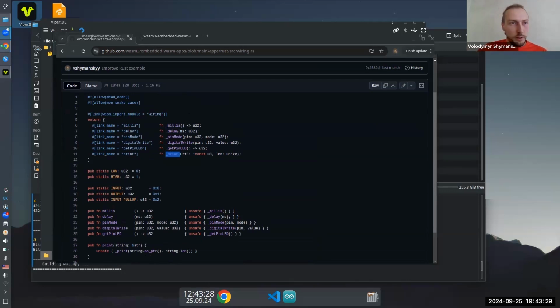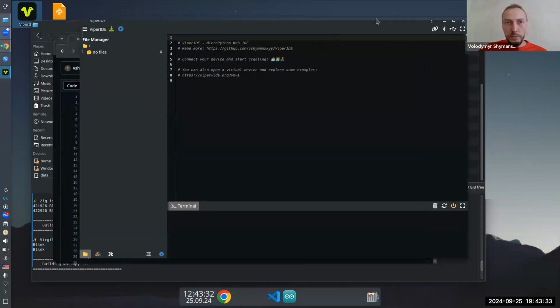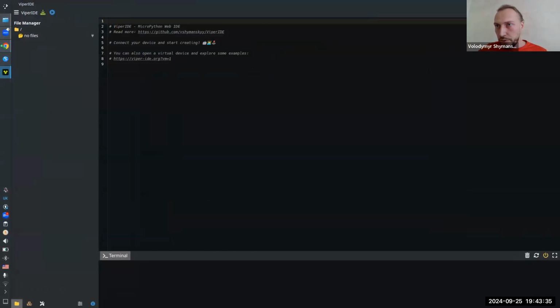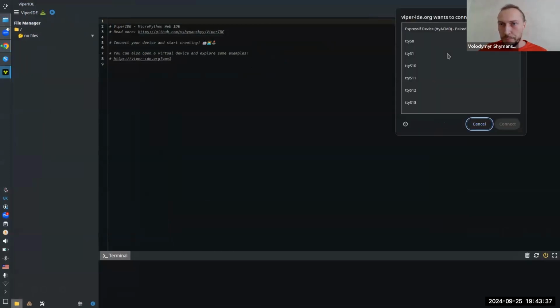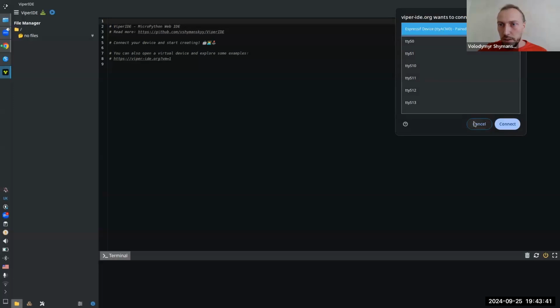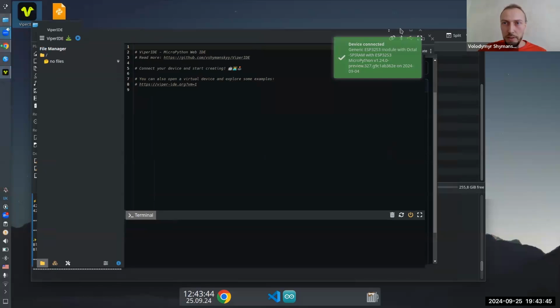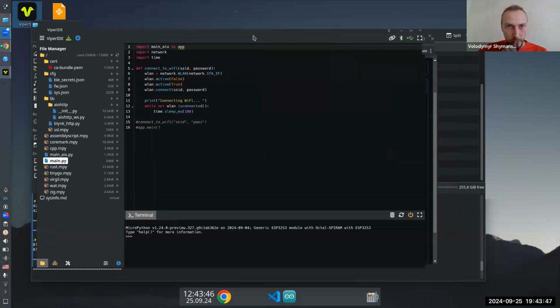Let me show it happening in Viper IDE. I'll try to connect to my board. Okay, give me a sec. I think this may be a bit more tricky. This is Viper IDE.